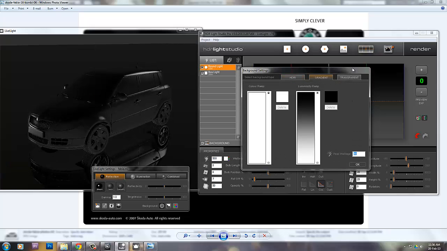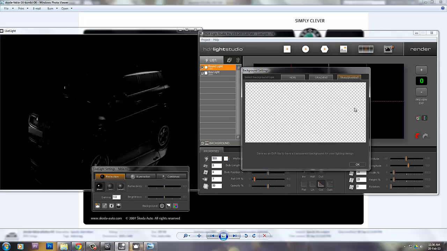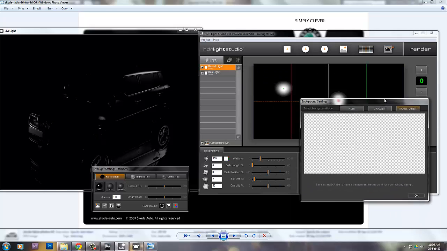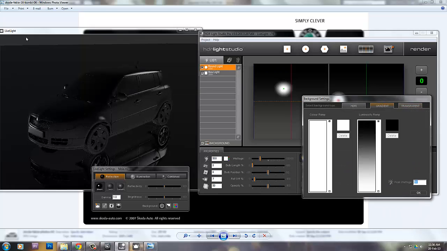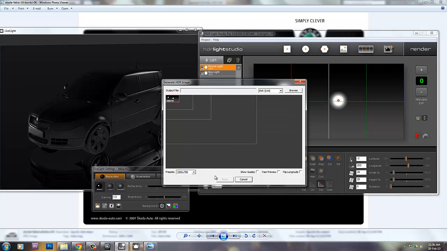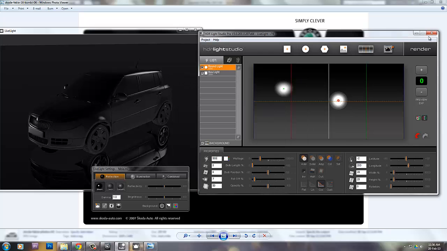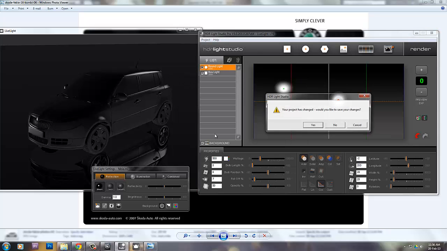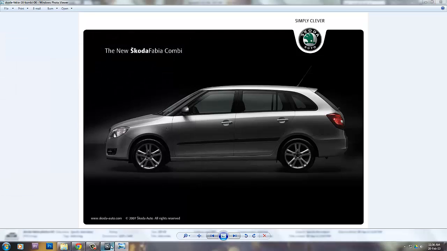So I can even use a transparent one, where only the lights work here, or you may use a gradient, which by default has some lights given there. That's a light and dark pattern already there. Once you render it, you can choose a size, what is the resolution that you're looking for, okay, and render it to a size. I have already done that, so I'll just go to 3ds Max and pick that particular